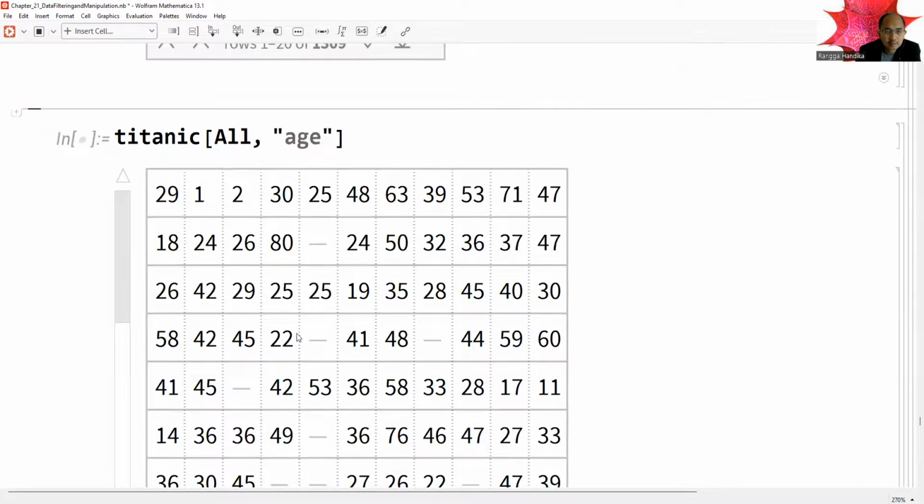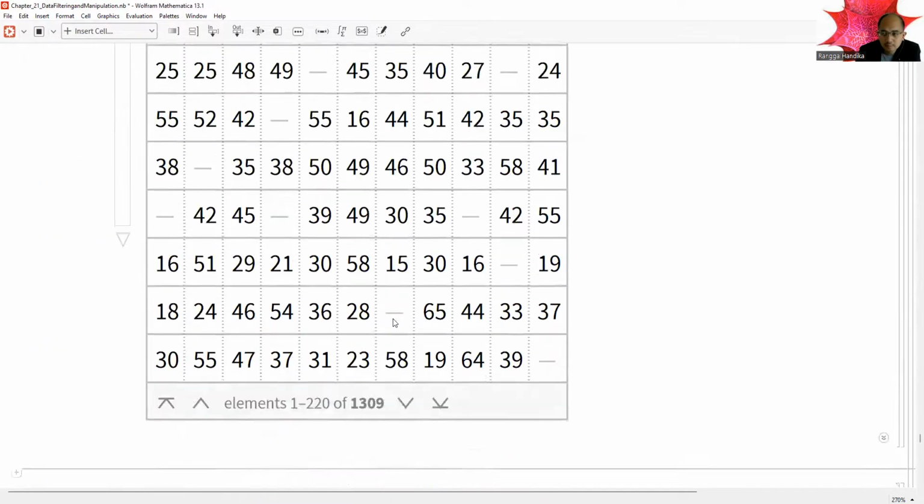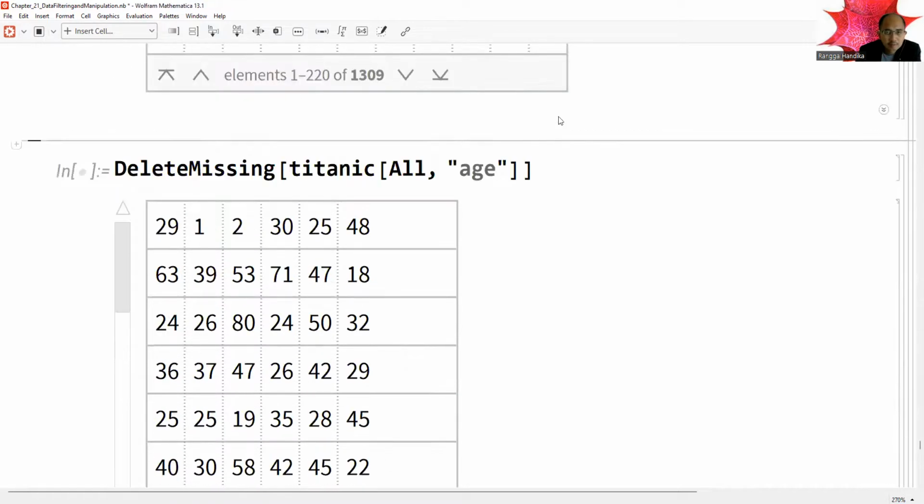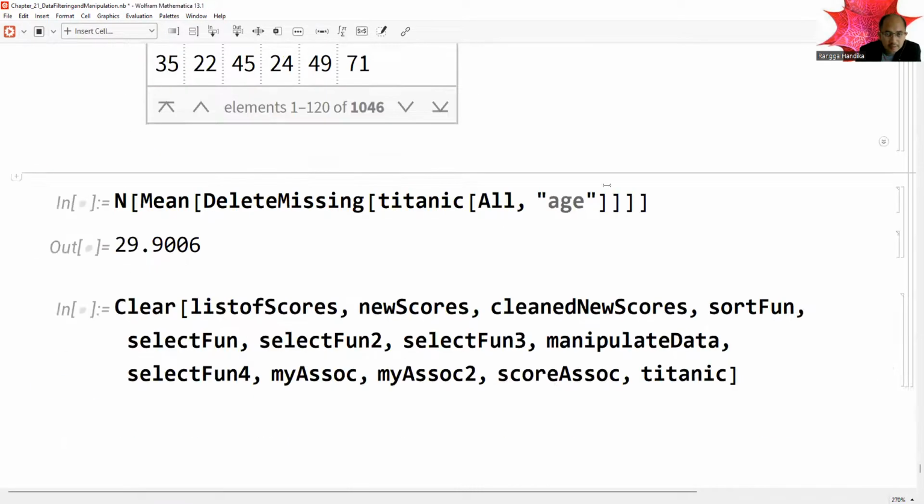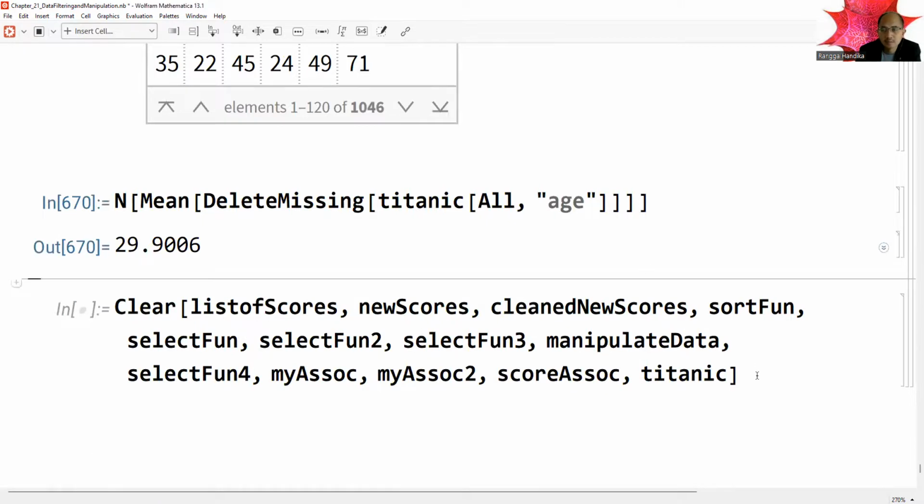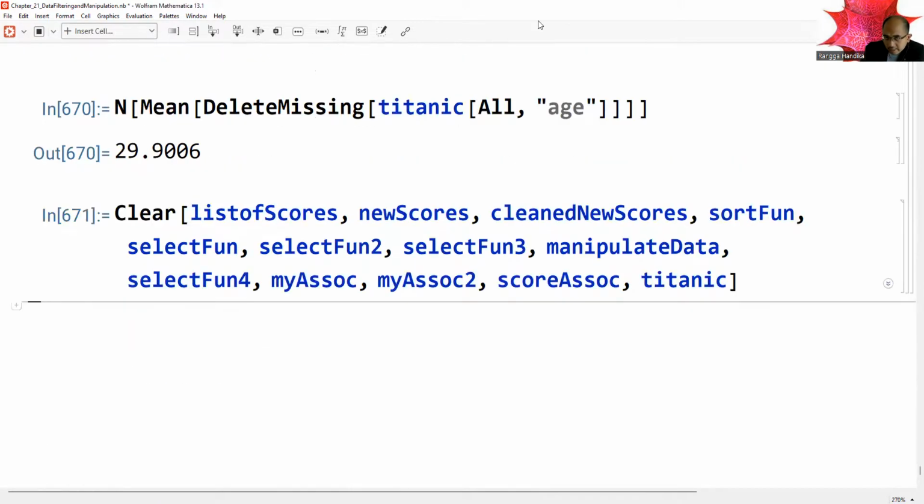You can see Titanic, all edge, and also delete missing. So data filtering and manipulation. Now let's go to chapter 22. We go quickly. Of course, if you want to see the detail,